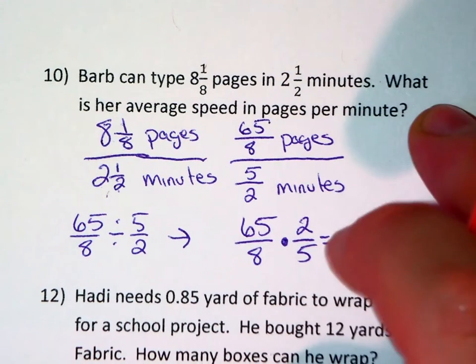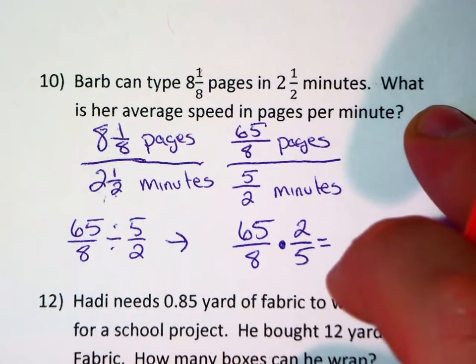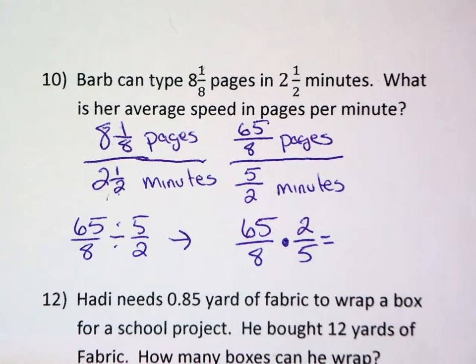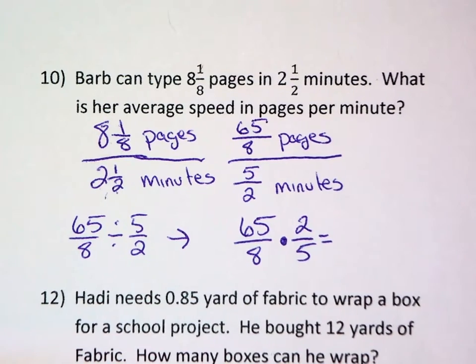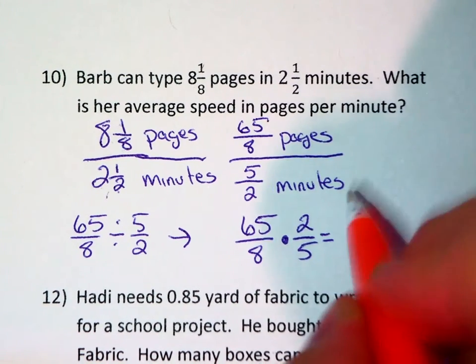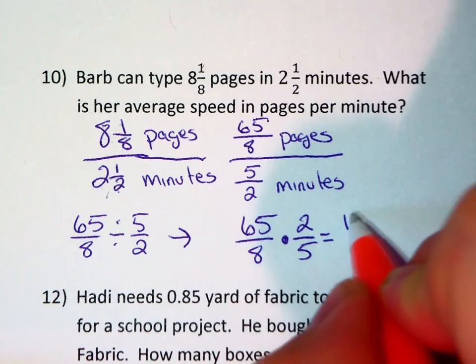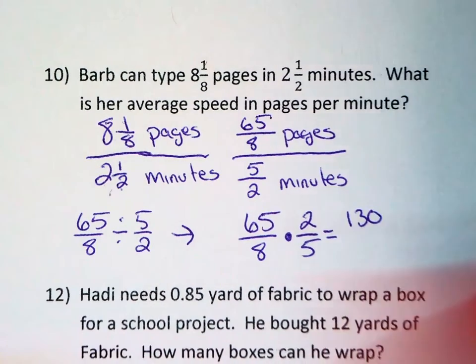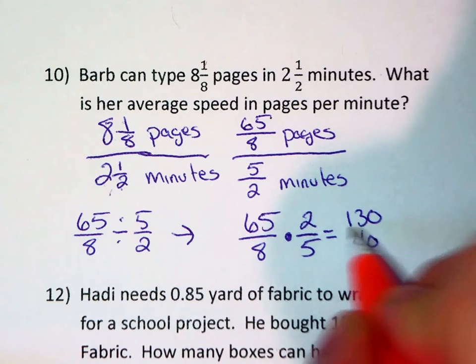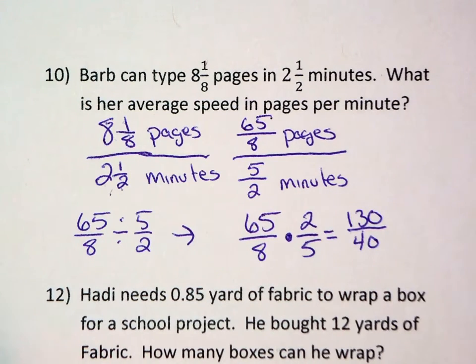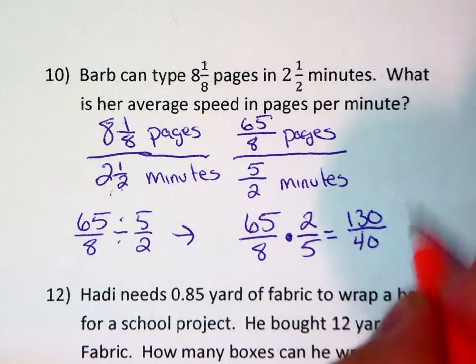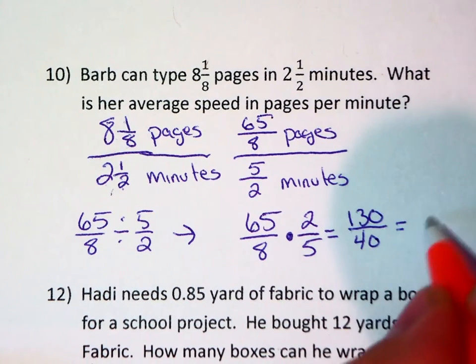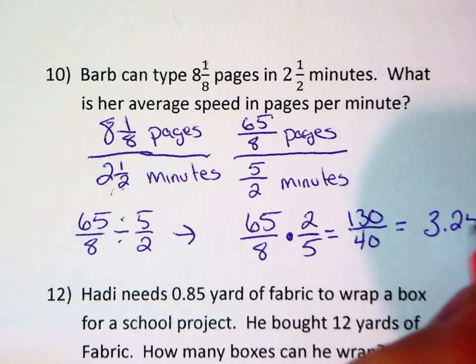If you remember how to simplify your fractions, feel free to practice that, because that will definitely keep your numbers smaller. But for those of you who are feeling less confident with that skill, I will go ahead and multiply straight across. So 65 times 2 is 130. 8 times 5 is 40. 130 divided by 40 now equals 3.25